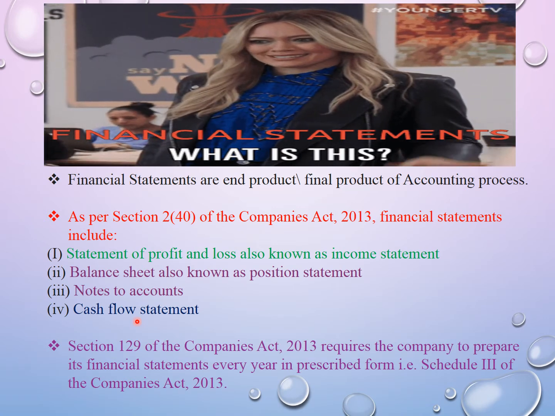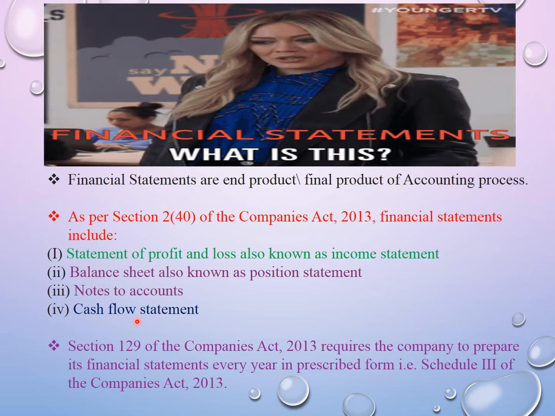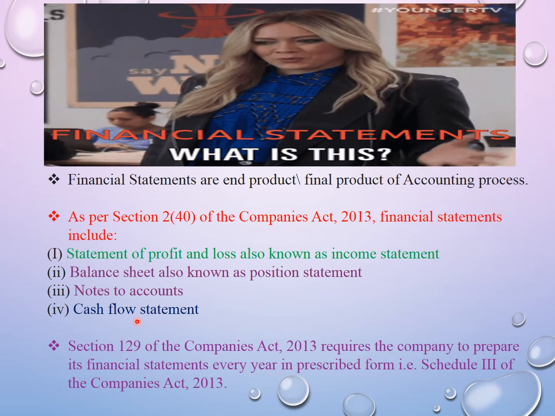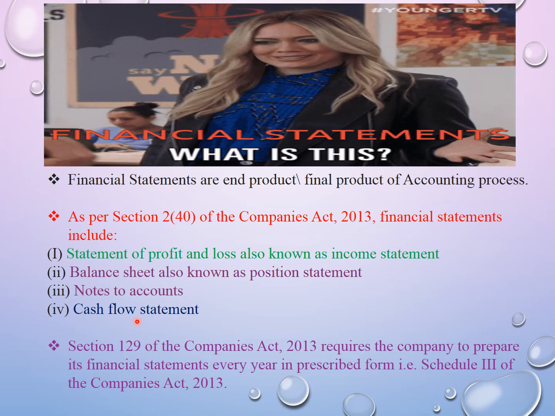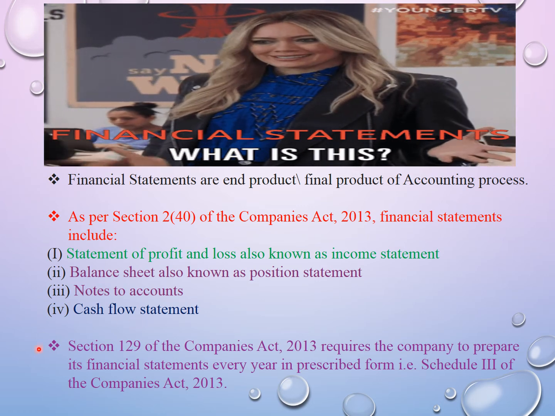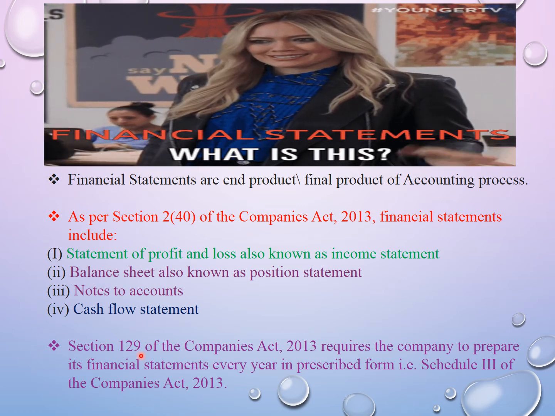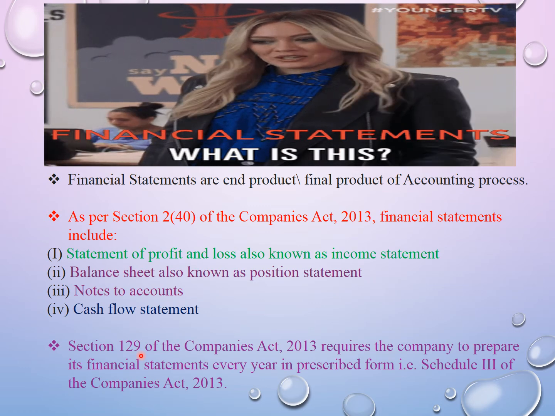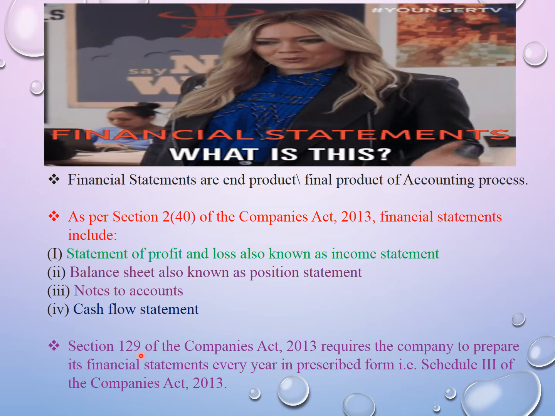Companies Act 2013, Section 129 requires that companies are supposed to prepare their financial statements as prescribed in Schedule 3 of Companies Act